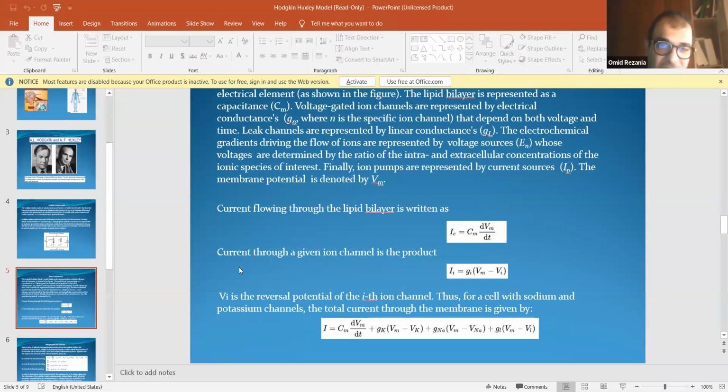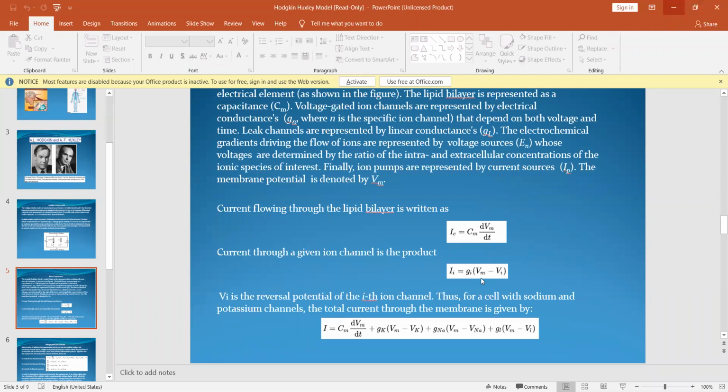These are differential equations, and I just wanted the students to take a look and see what dV by dt is. We will have a session on this before we finish the course, an introduction to calculus, which makes you ready for your next class. We're going to see this maybe next week. But so far, it was good that you see this, since it prepares your mind for the next step. Okay, and next is the current through a given ion channel is the product, and this formula I equals